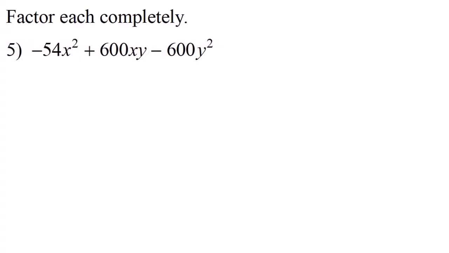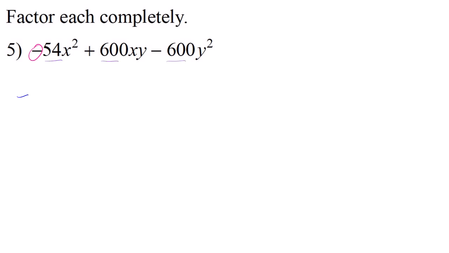Number 5. So here we go. Here we have a leading coefficient that's negative. So right off the bat, I know I'm going to have a negative in front of the GCF, right? Even if I don't have a GCF, I'm still going to factor out a negative. So always make sure that if your leading coefficient is negative, you factor it out. Okay, and then we have